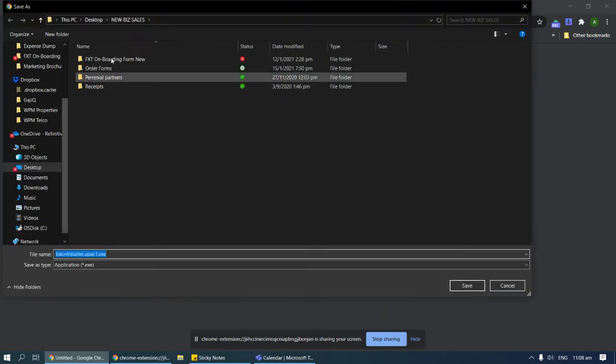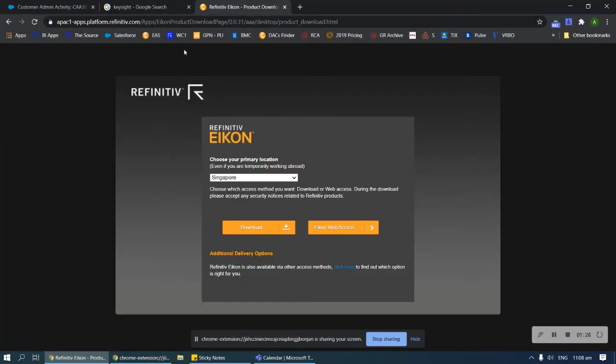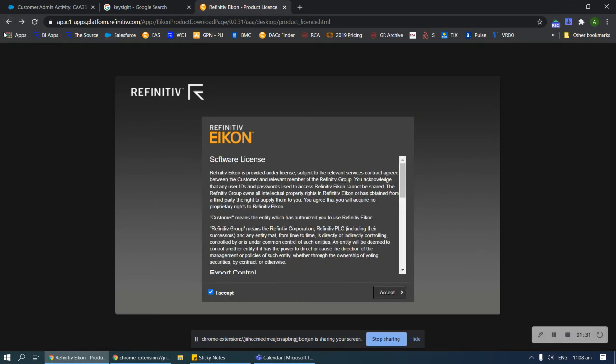Once you hit download, you save it into any of your download folder, and then you double click on the installer and simply follow the step-by-step instructions from there. Once you have Icon downloaded, and once you have your user ID and password,